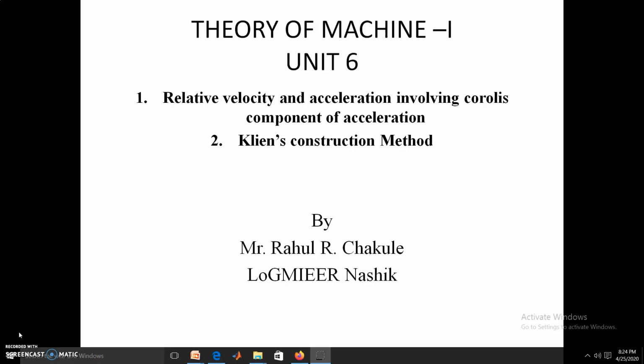Before going to this another problem, we will summarize the different features of the Kliens construction. This method is only applicable for IC engine mechanism. So this method is not applicable for a four bar mechanism or a mechanism having more than four links. The second feature I would like to say is that this method is very simple and less time consuming. And third is that